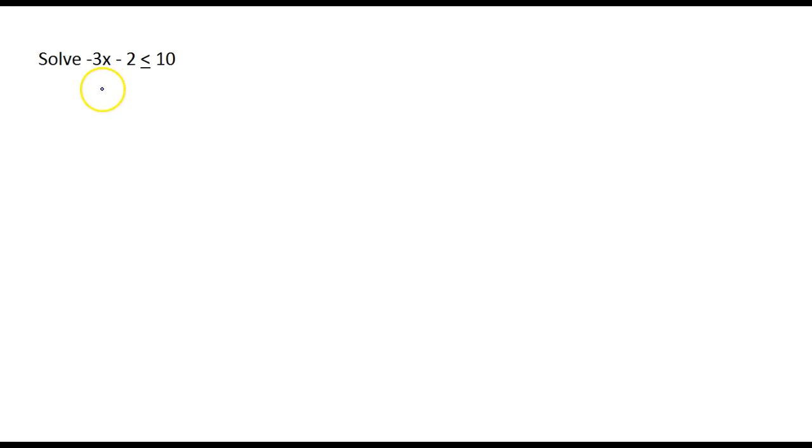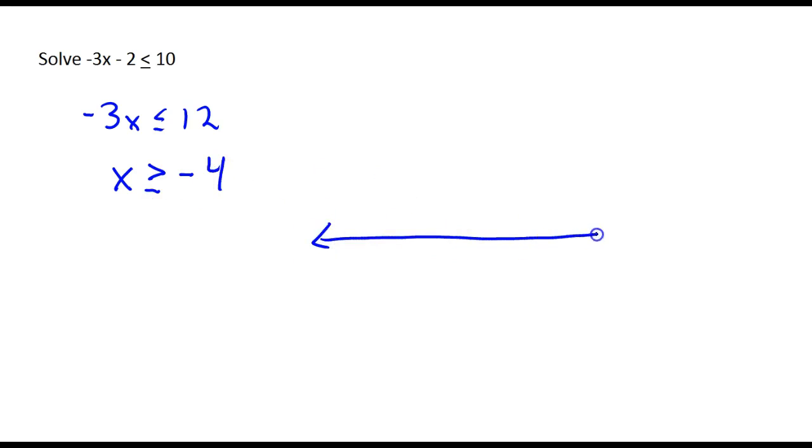Okay, let's look at this question here. We're going to add 2 to both sides. So I get negative 3x is less than or equal to 12. Now I'm dividing by a negative term. So I'm going to get x is now greater than or equal to negative 4. If we graph this on a number line, I'm going to have a closed circle at negative 4 because x can equal it. And we will shade everything to the right